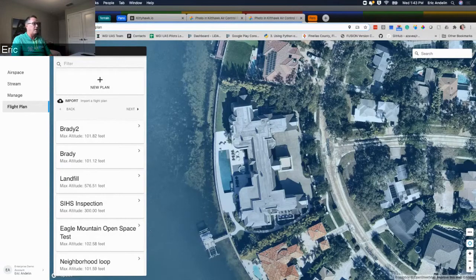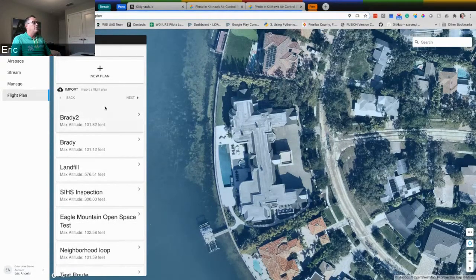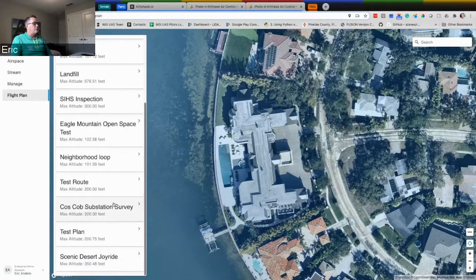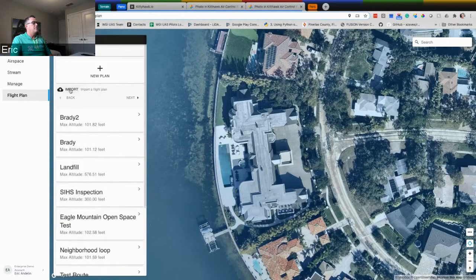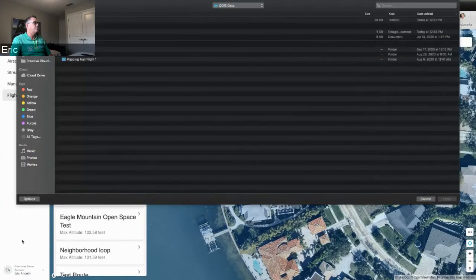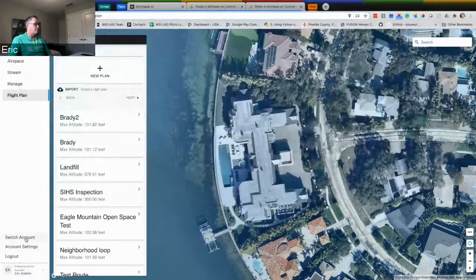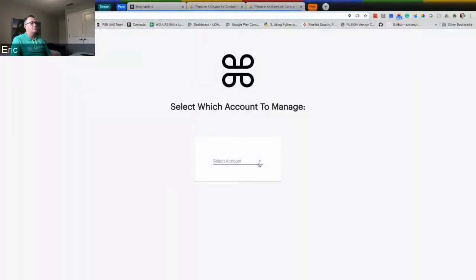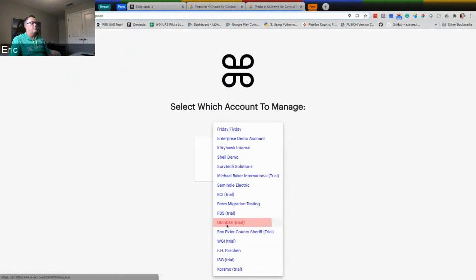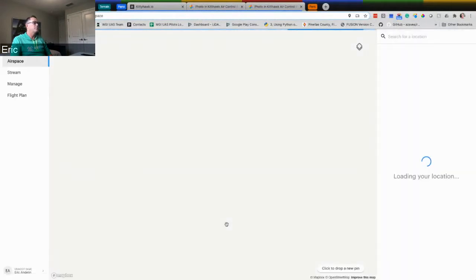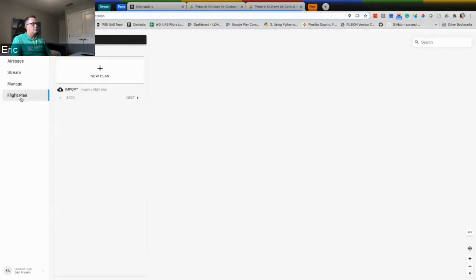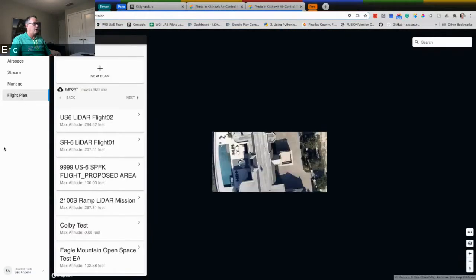It's collecting data separately. So we can look at, for example, see if I can find a LiDAR. Actually, I can switch. Let me switch to one. I'll go ahead and switch out of this account, and I'll just go into another trial account so you can see this. And I'll go into flight planning, and we'll look at